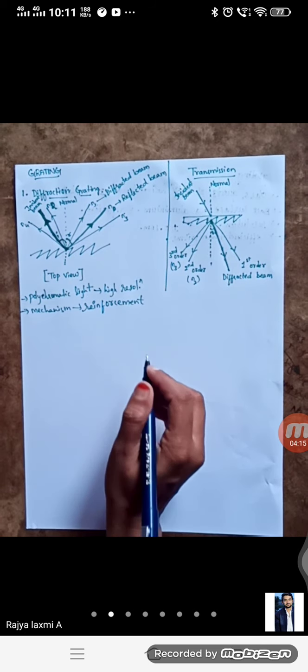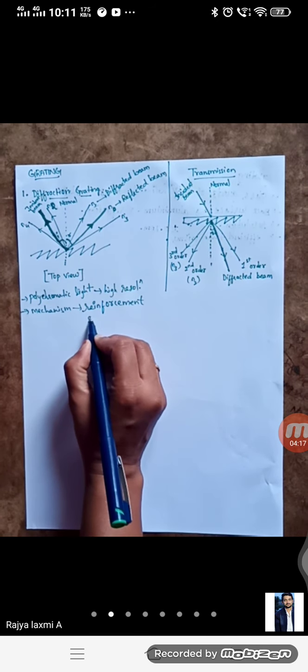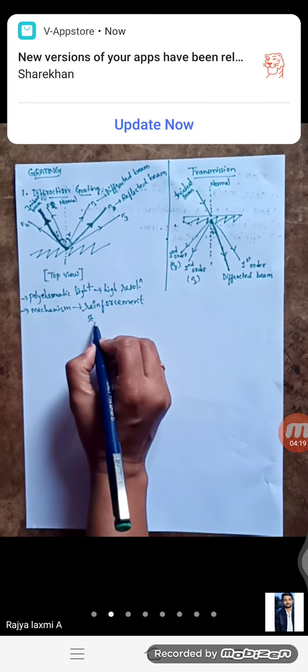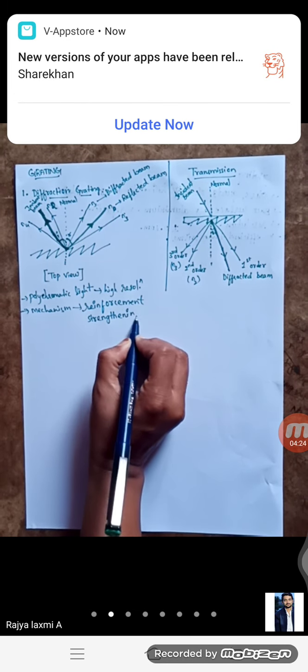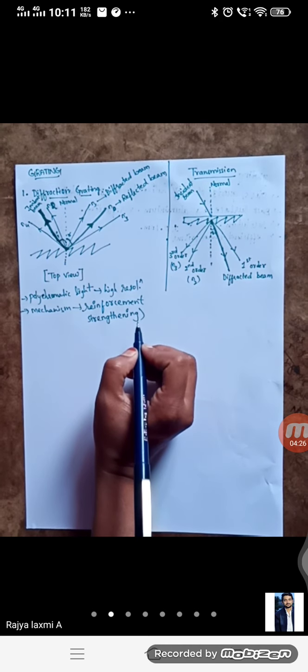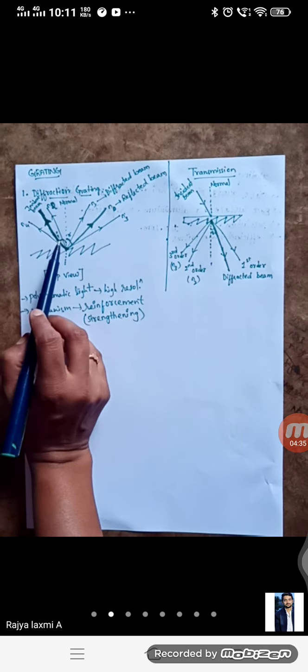Reinforcement is nothing but strengthening. Here the incident beam is reinforced with the reflected one, resulting in a radiation whose wavelength is expressed by the equation